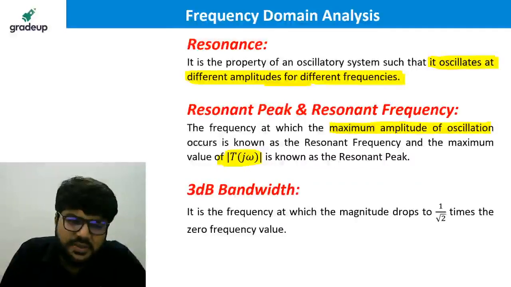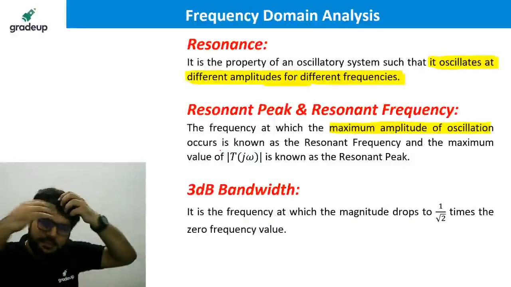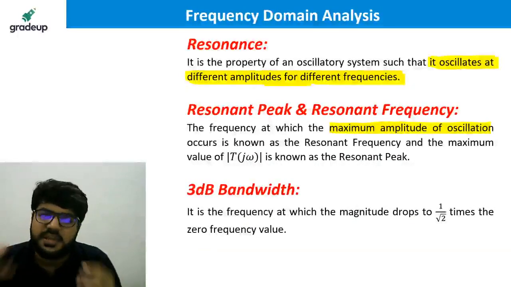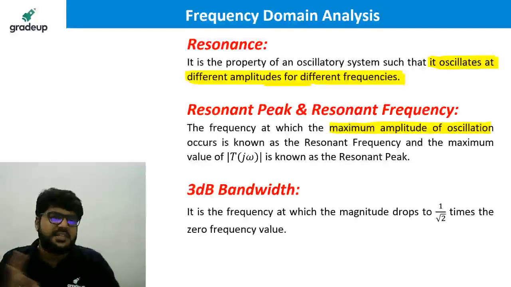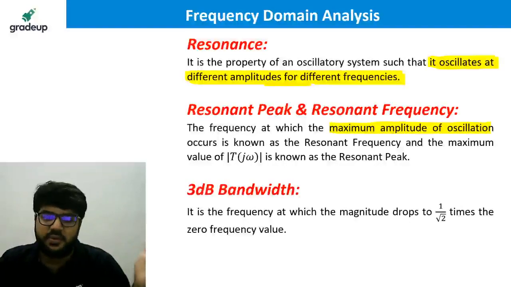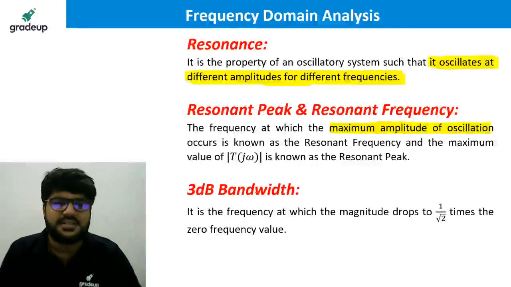This bandwidth you study in signals. Bandwidth and all has to do with frequency, and one of the very important portions of the signals course is about frequency analysis only. What is frequency? What is the frequency response? How do you calculate the frequency terms of a signal? What are the various frequencies involved in the signal? What is the bandwidth of a system? All this is learned in signals.